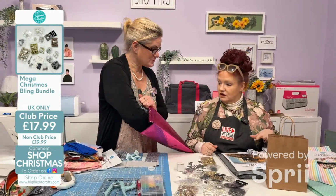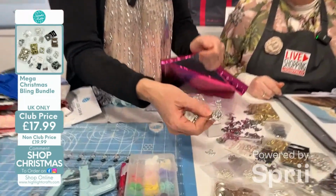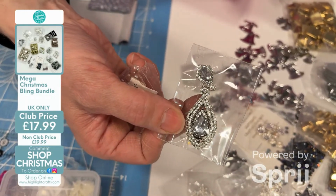I'm not sure. Oh, wait, there's still some in the bottom here. Oh, we've still got more. Oh, yeah, because you've all got one of those as well. That's beauty. That is jewellery. I mean, or a pendant or a brooch. Or like a super special card. Yes. Imagine that with,